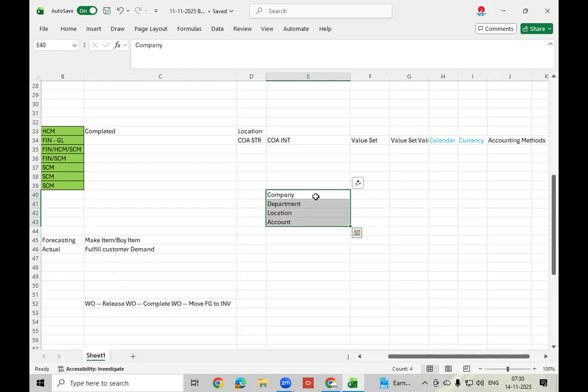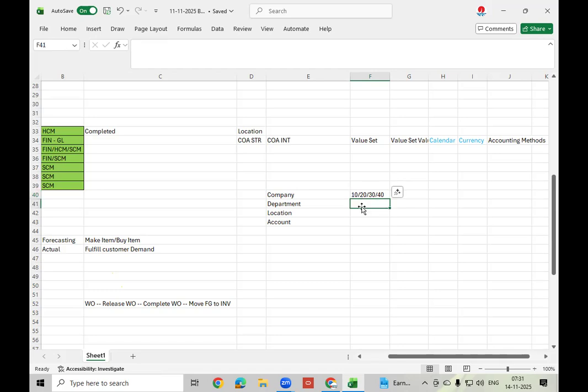But after defining the segments, we need to maintain the values, right? For company: 10, 20, 30, 40. 10 represents the India business, 20 the US business, 30 the China business, like that. I'll maintain the description as India, US, China.